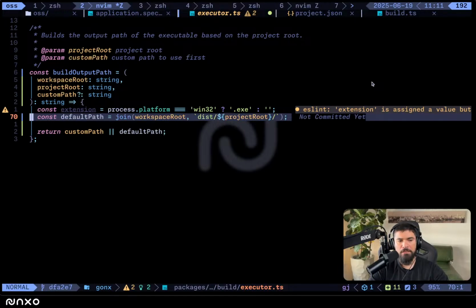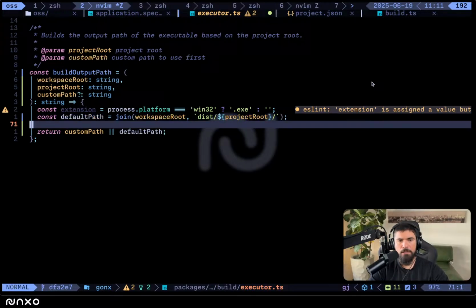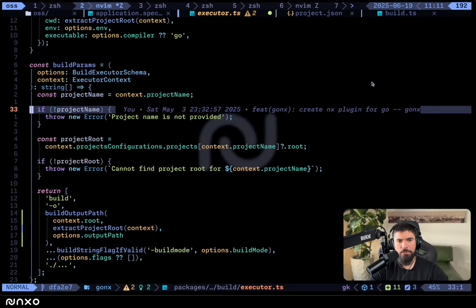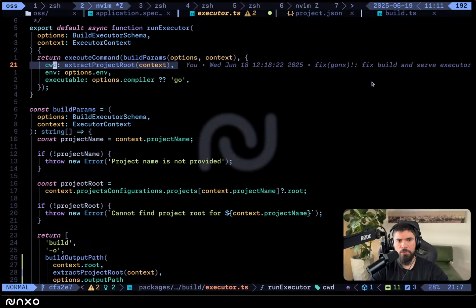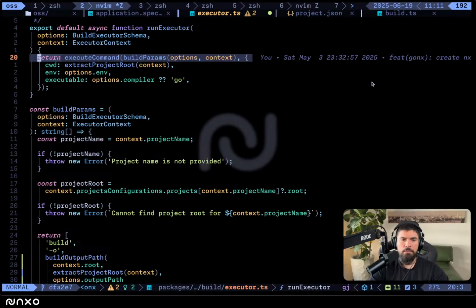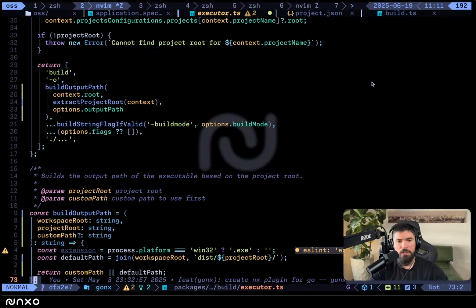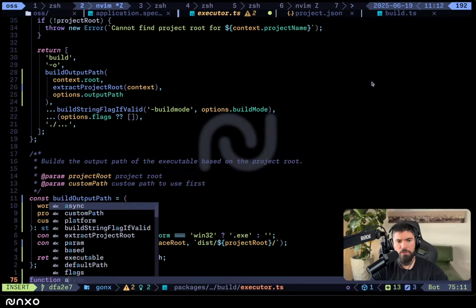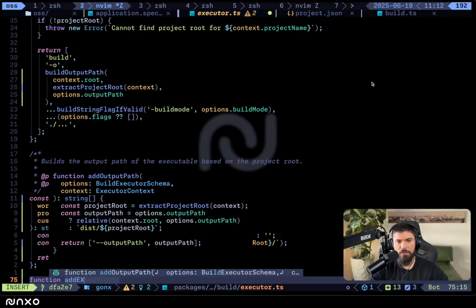After the build is done. So I have to go to the build executor, and here I have this default that is going to execute the command. And actually what I need to do is create a new function here, which is going to be add extension to output